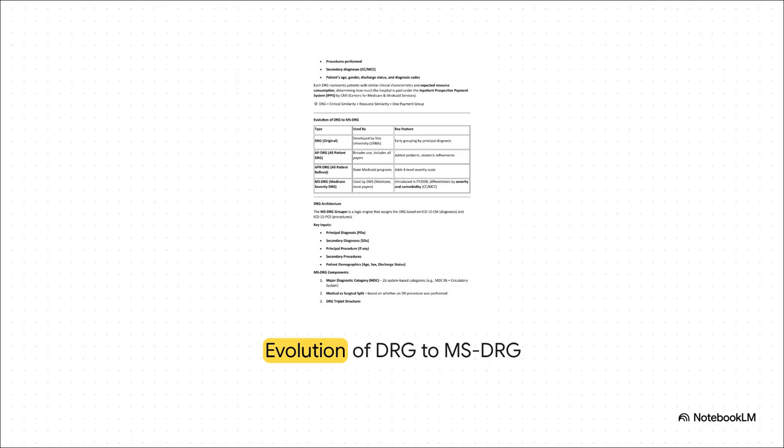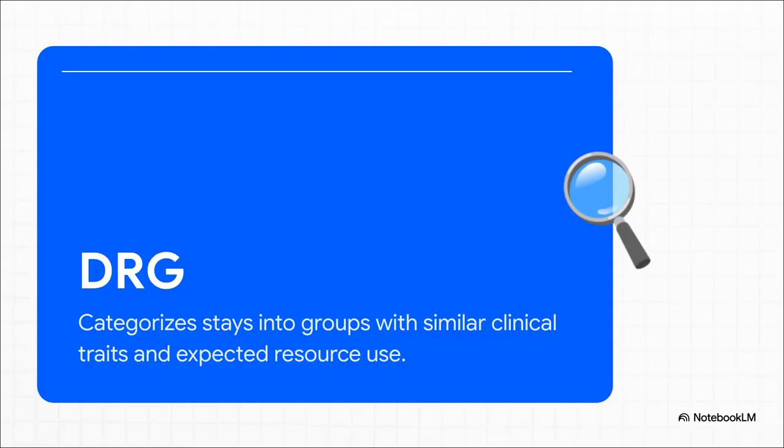Then came the APR-DRGs, heavily utilized by state Medicaid programs, introducing a really crucial 4-level severity scale. And finally, we landed on the CMS MS-DRGs, introduced in fiscal year 2008, which differentiates stays primarily by severity and comorbidity. So the crucial takeaway here is that a DRG basically takes a wildly complex, highly individualized hospital stay and